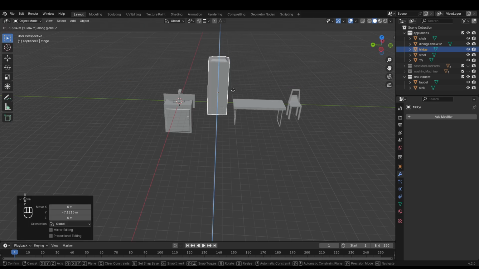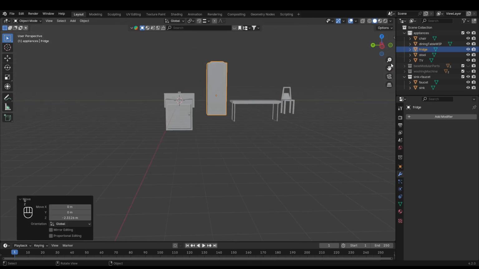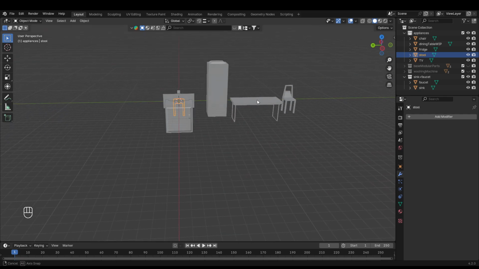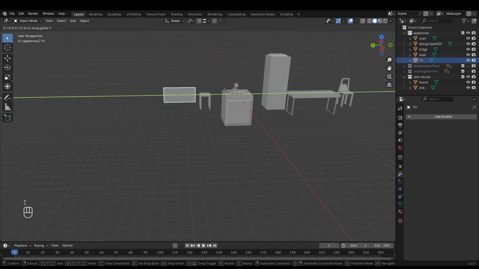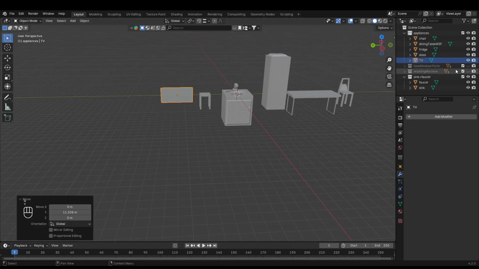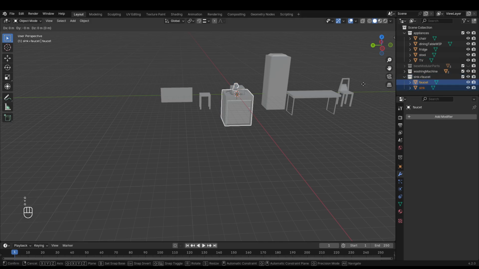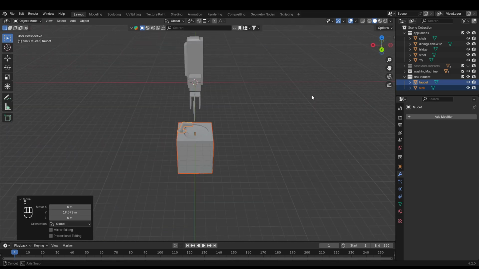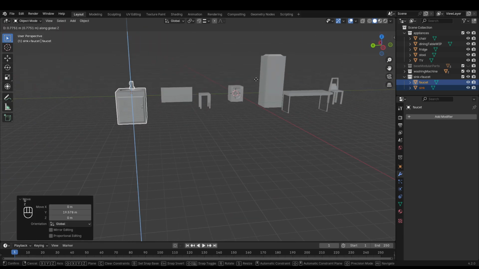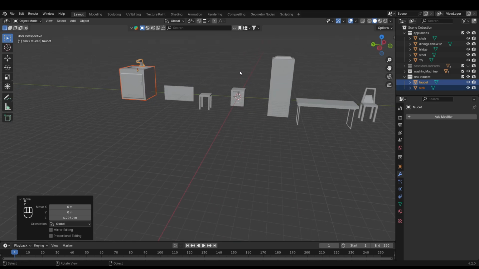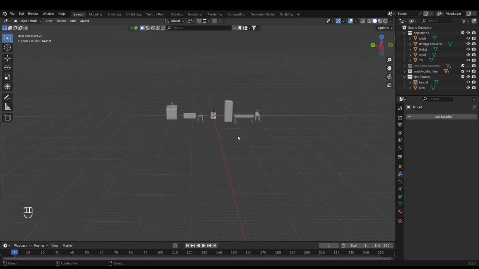Fridge. Stool. There we go. TV. There we go. Sink. There we go. Obviously sizes are all over the place. What I can quickly do though is